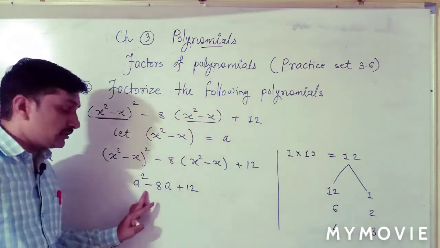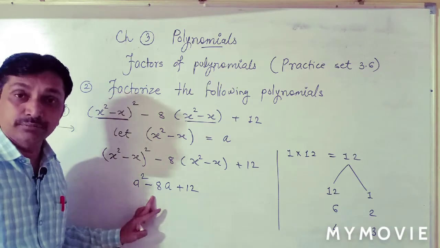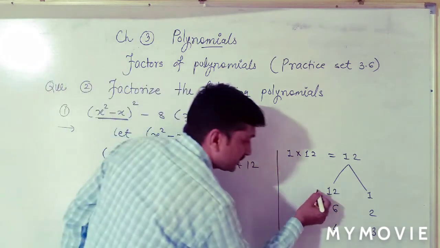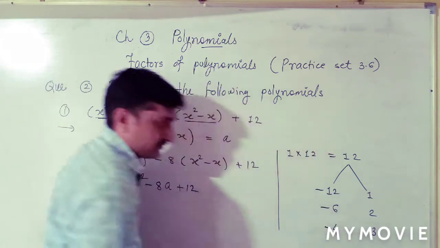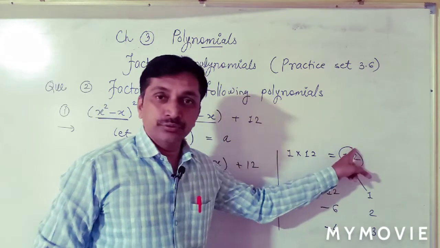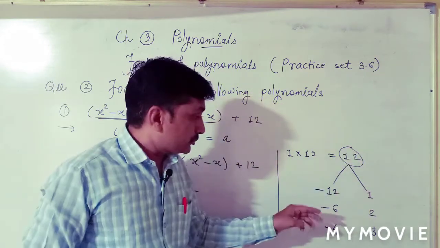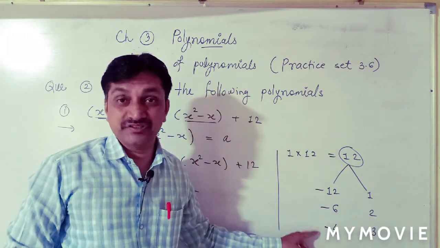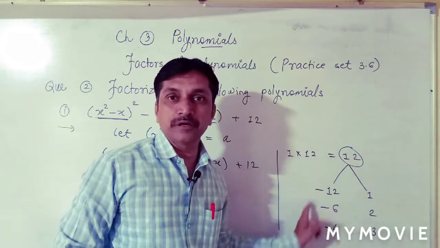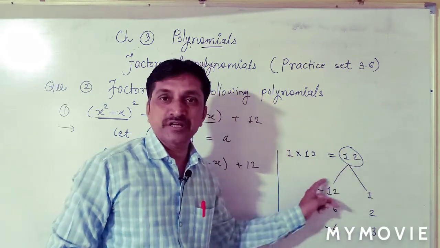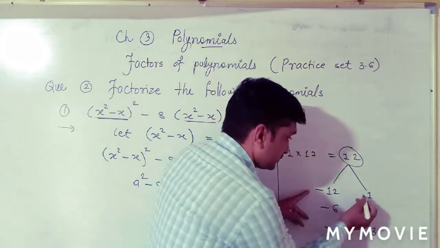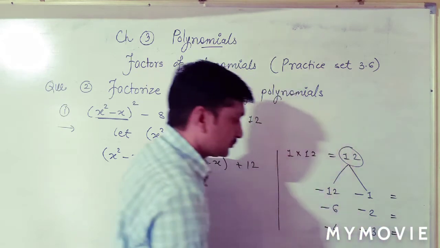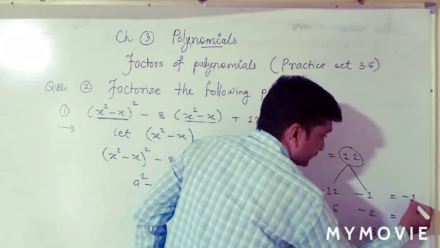Okay. Now the middle term sign. The sign of the middle term is given to the bigger factor. Middle term sign is minus, so give minus to the bigger factor. Now the product is positive. If the product is positive, then the sign of the smaller will be the same as that of the bigger. If the product is negative, then opposite. If the product is positive, same sign. Same sign means again negative. Now let's add them: minus 13.